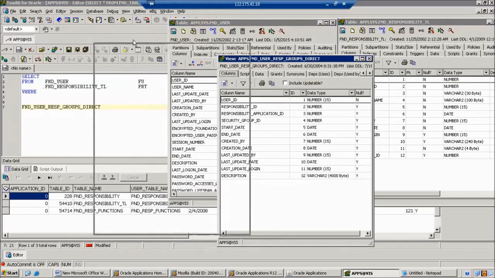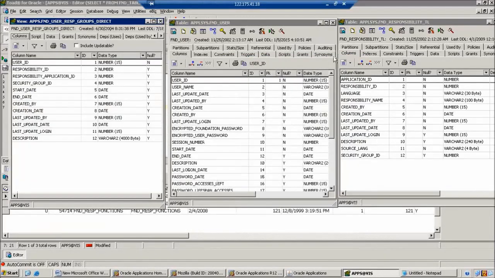Then here, observe this one. This table has the user ID, and also the responsibility ID. So now we finalize that this is the correct table to match our requirements, right? All of you clear how we can do this? Here I didn't check each and every table. Directly I can check in the respective forms only. In the respective form we find the respective table, which is the match to our requirement, right?